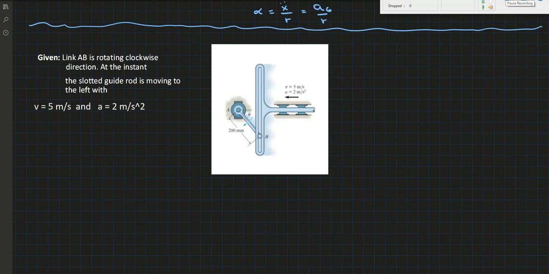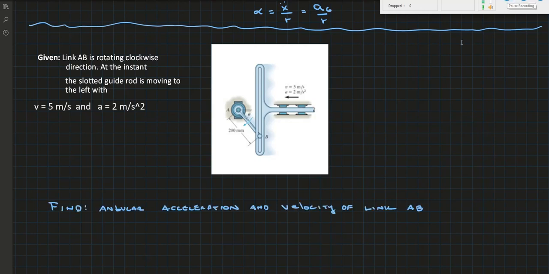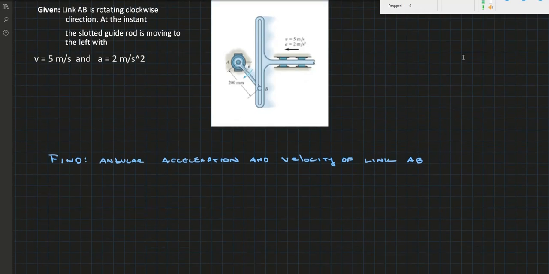So let's look at this example. We have a link rotating clockwise here, and at the instant the slotted guide rod is moving to the left with a velocity of 5 meters per second and an acceleration of 2 meters per second squared. So let's find the angular acceleration and velocity of the link AB given these dimensions and this setup. Let me first draw a schematic to help out with this analysis. So we have our link here, AB,